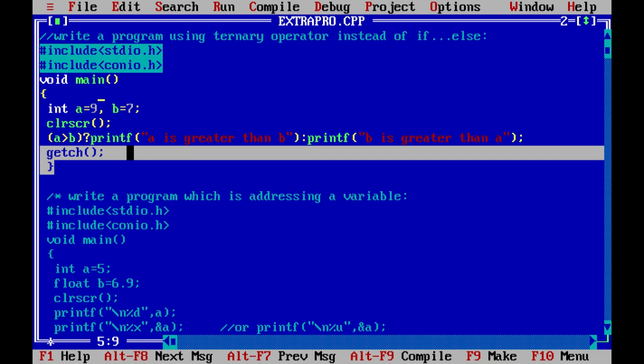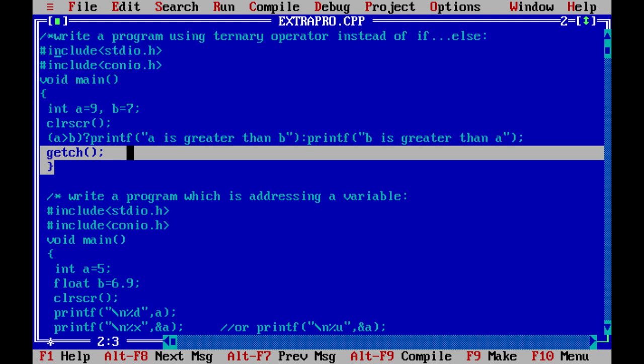Okay, now I have to explain the second program, and before that I have to make this whole thing a comment, so that it will not interfere with our second program. Okay, and for giving multiple comment lines, I have to make a